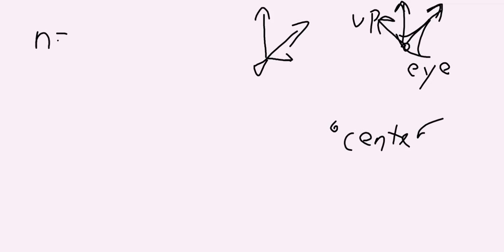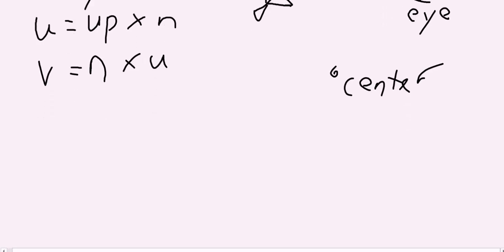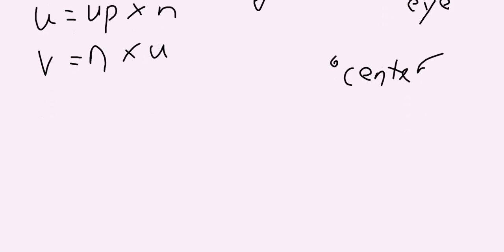So what we're going to do is we're going to say n equals I minus center. Then we're going to do u equals up cross n, and finally v equals n cross u, and this will build our coordinate frame. When we've done this, we're going to set up the view matrix,